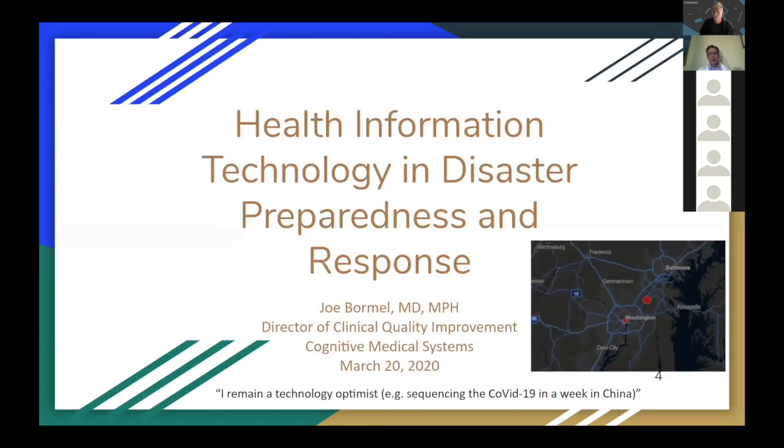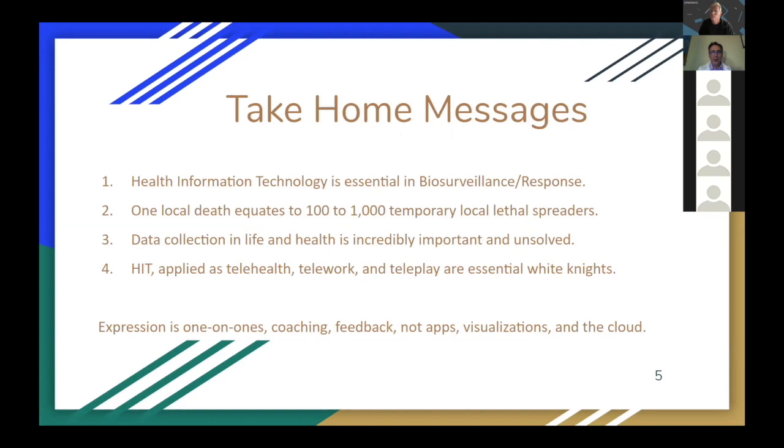Okay, so I was chatting with a friend who was a senior VP at Cerner until he retired a year ago. We're talking about the COVID, a lot of technology issues, and he said that he remains a technology optimist, and that the example he gave was that the Chinese were able to sequence the COVID-19 virus in 1 week. Obviously, in prior pandemics, that would be somewhat incredible. The take-home messages for my little section here